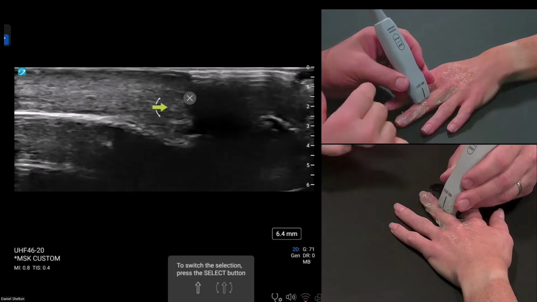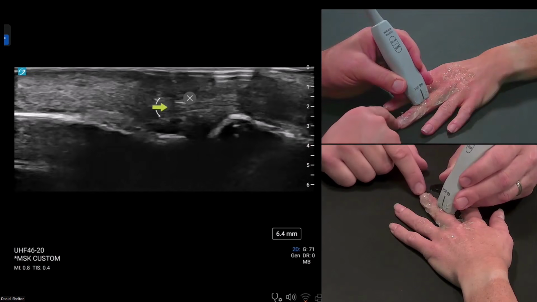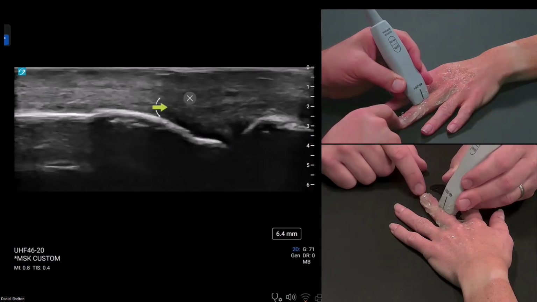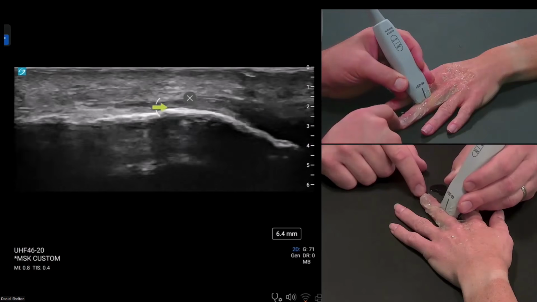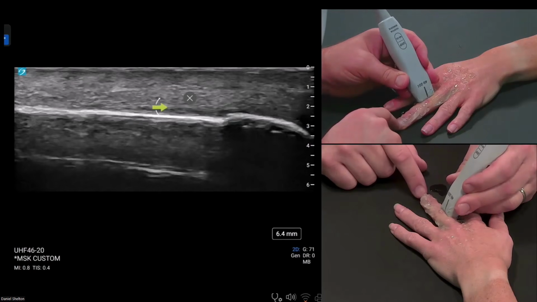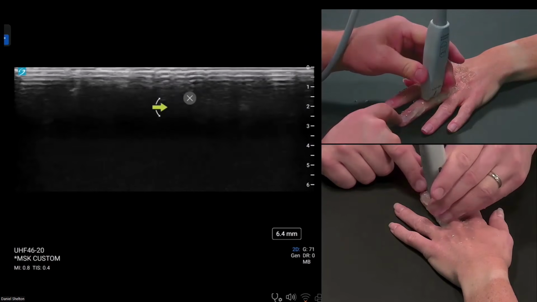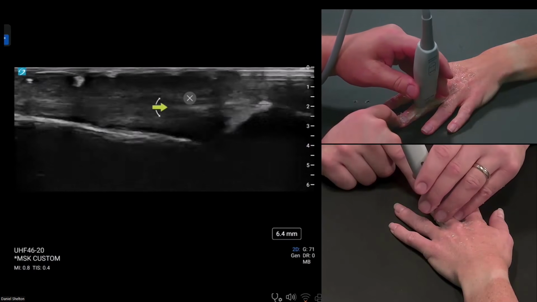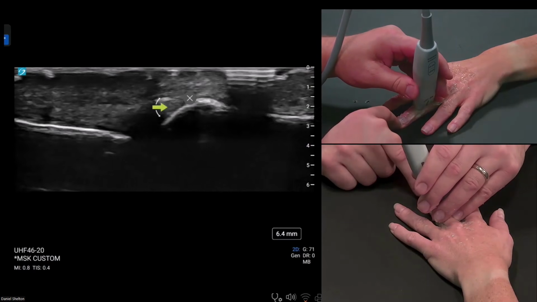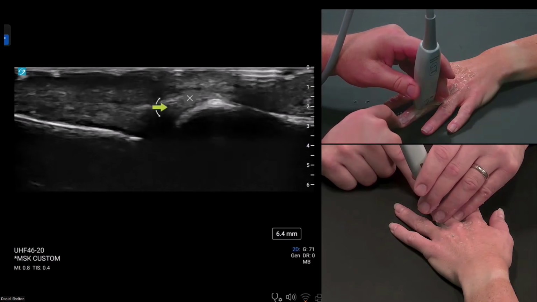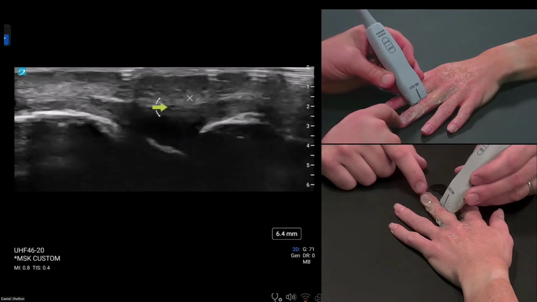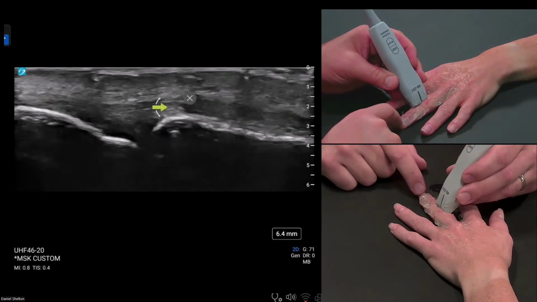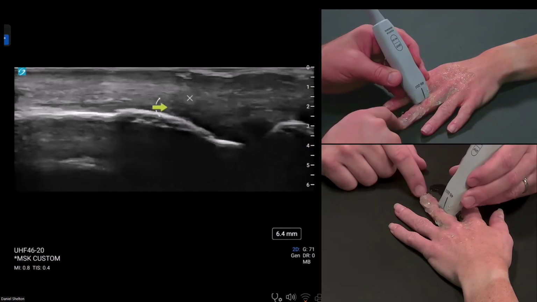And you can confirm that it goes all the way to the tip just by moving the DIP. So I'm just pushing the DIP down, and I can trace which tendon I'm following. And you'll just have much better luck going down the side walls of these fingers, not dorsally. You can go extreme dorsal right there and get some of those fibers to move, but they're really thin, and a lot of them attach right here on the PIP. So we're not catching all of the extensor fibers, but if you go to the side of the PIP, you'll catch those traveler tendons that go down and all work together to insert at the DIP level.